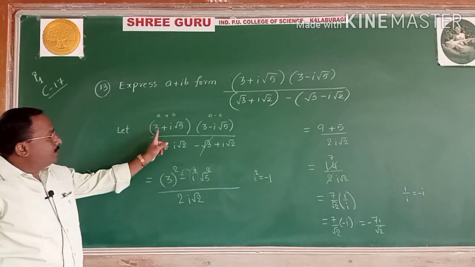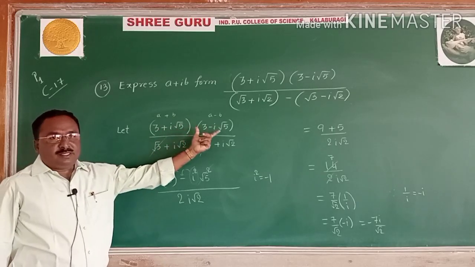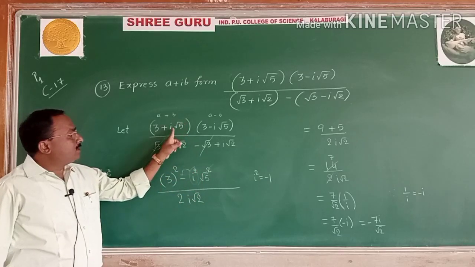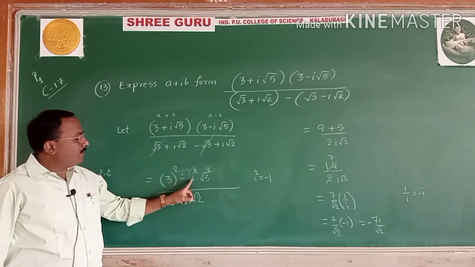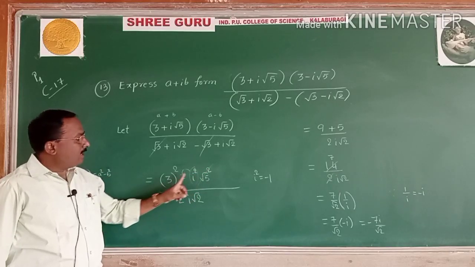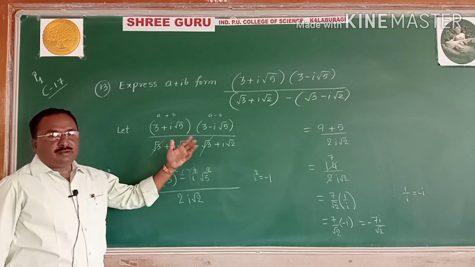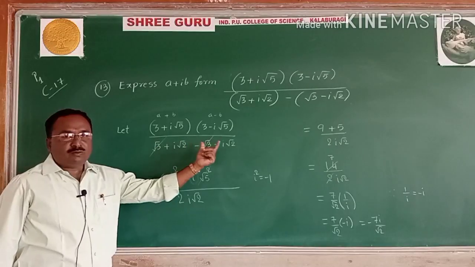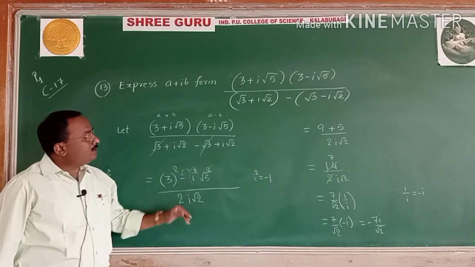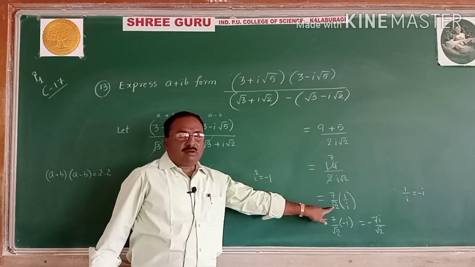Here this is a plus ib, a minus ib, or a plus b, a minus b, that is a square minus b square. Here b square is i square root 5 square. I square value is minus 1, minus minus plus, square and root get cancelled. 9 plus 5 is 14. Root 3, one positive, one negative get cancelled. 1 times i root 2, 1 times i root 2, total 2 times i root 2. 2 ones are 2, 2 sevens are 14, but division of complex, rationalize not necessary.